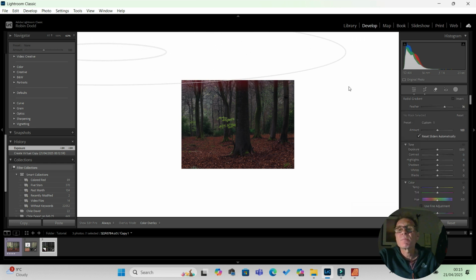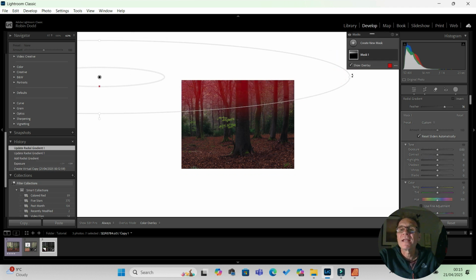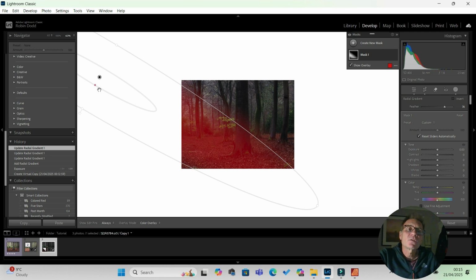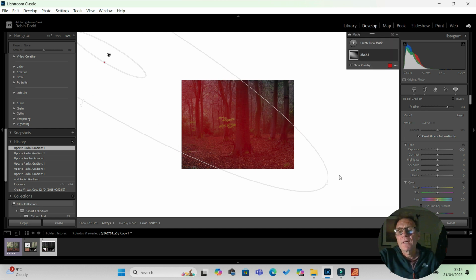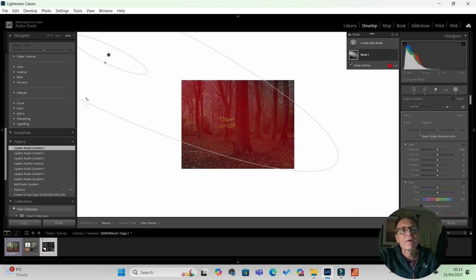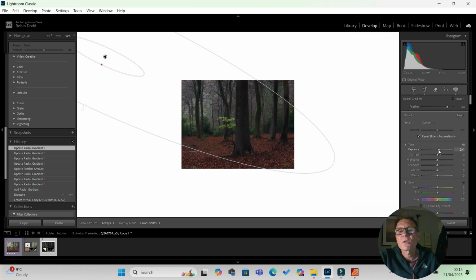So I make it as big as possible, and we're just going to put it on from the edge. So this is feathered quite a bit, just feather it a bit more, and then just widen it up. And this is probably the direction that the light was coming from. It was bouncing around in the woods, and essentially the vast majority of it was coming in that way from the left hand side. So now what we do is we turn up the exposure gently,